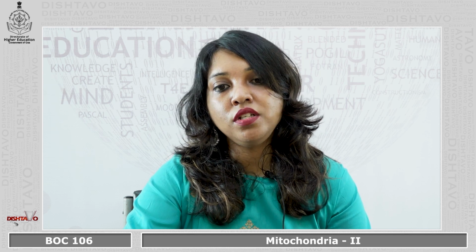Mitochondrial DNA. The mitochondrial DNA is a double-stranded circular DNA and it has multiple copies within the matrix. It is around 30 micrometers in plants. It stores the biological information required for growth and multiplication of mitochondria.